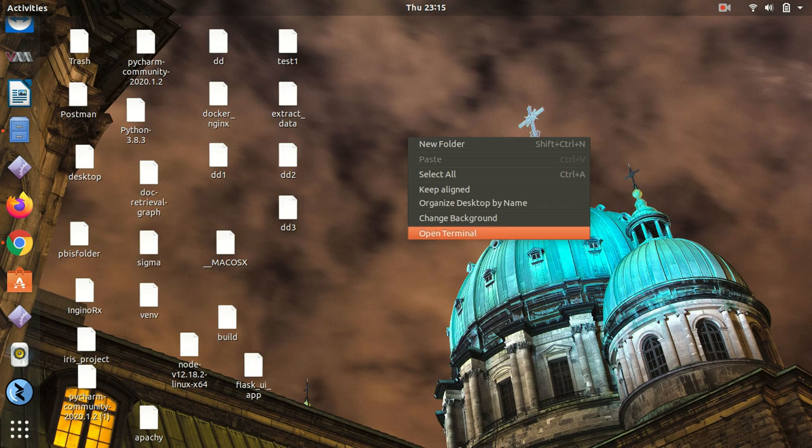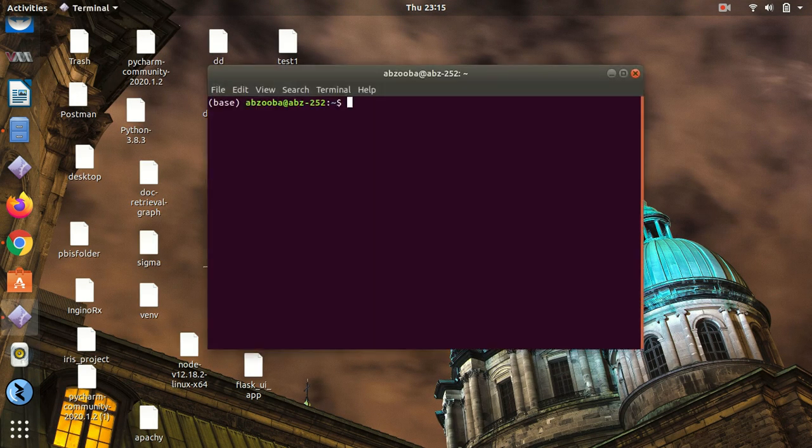So it is a very simple step. With nginx, we are able to create this static file services. You just need to follow some commands. Sudo apt-get update. In my case, I have done all things, so I am just showing you. Sorry, sudo apt-get install nginx. If you have not installed it yet, please go and install it.